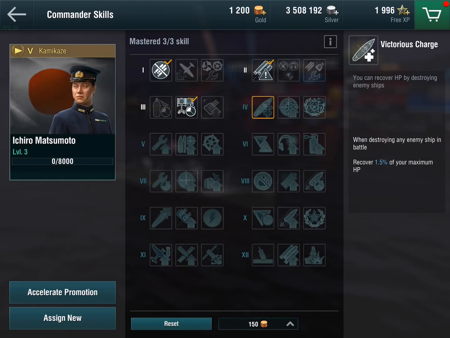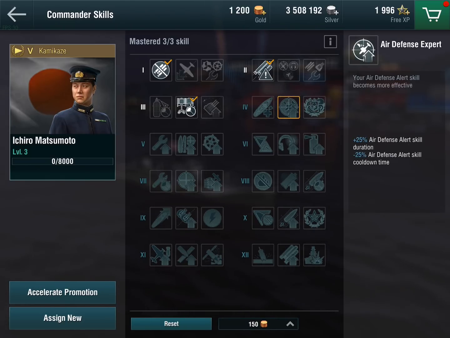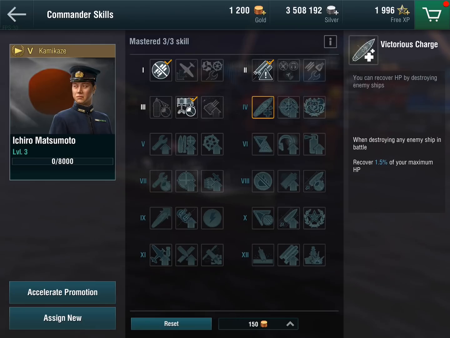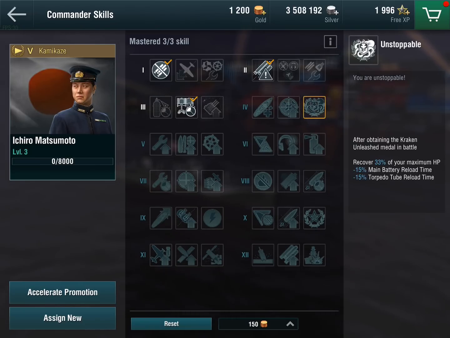So here, moving on, I'm kind of road mapping what I want to do. Air defense expert, well, Japanese destroyers don't have a lot of air defense. The Kraken medal boost is kind of interesting, but Victorious Charge, I think you would use that much more often. So I do believe that is the smarter play